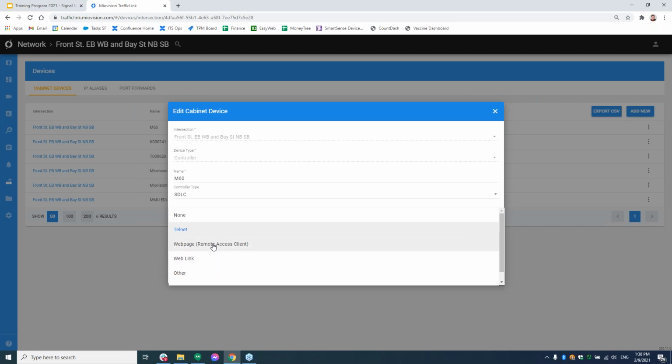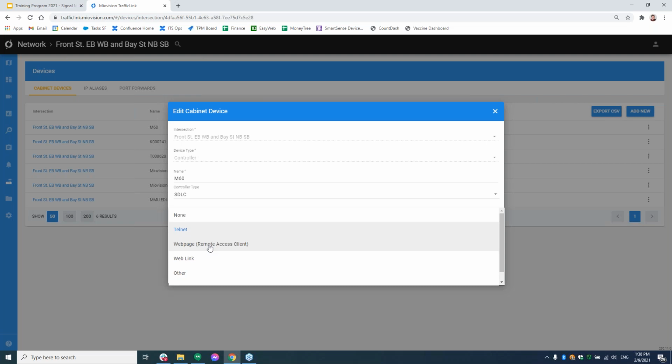Other platforms like Intellite, they use a web page. So we have this tool called the Remote Access Client that allows you to open up the web apps of the devices that are out there and open it up in a separate browser so that you can take advantage of, say, the McCain or Intellite web applications that are hosted on their controllers, utilizing and leveraging the connection that the SmartLink provides. That way, what the Remote Access Client essentially does is create the security of the connection from your machine, meaning your computer, all the way out to that device in a very secure way. And we need a Remote Access Client to allow for their web apps to be opened up in the platform. And so we use a client to do that.